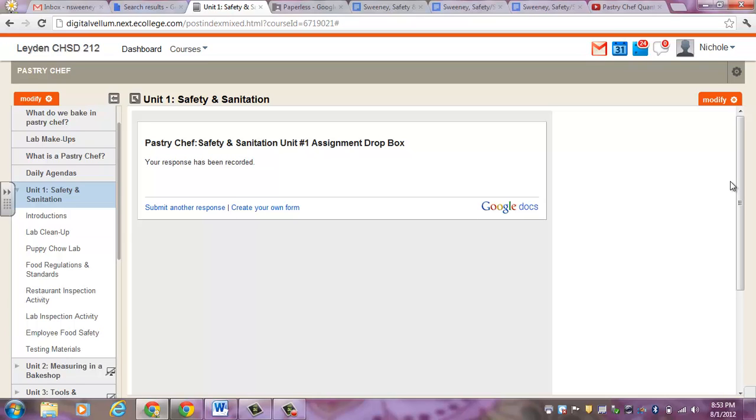What's going to happen to your response is it records what the information you've provided to me in a Google spreadsheet. Okay, so then when I'm ready to grade the assignment, I'll be able to access the spreadsheet, and it will timestamp it, and then I'll have access to your URL for your completed document. If you have any questions,